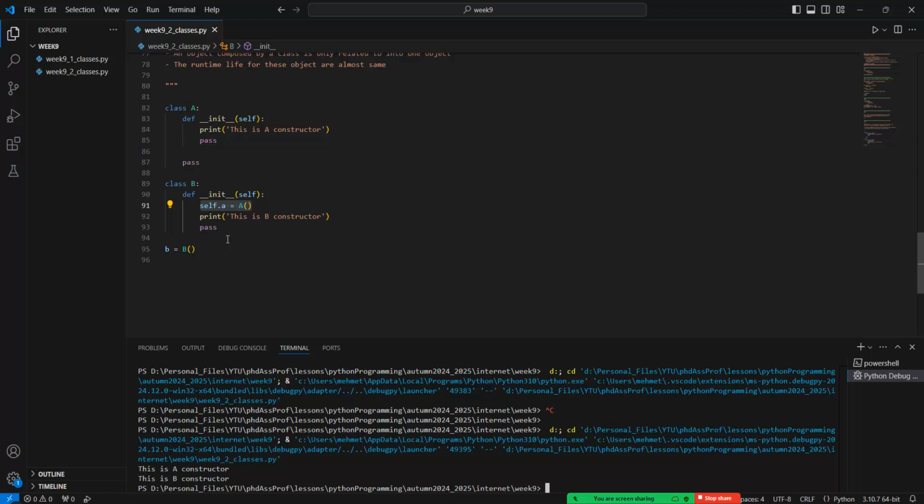No, it's assigning to this one, but this is the new instance. The new instance is created in here because we called the constructor of A. And so this constructor of A is assigned to self.a. Okay,